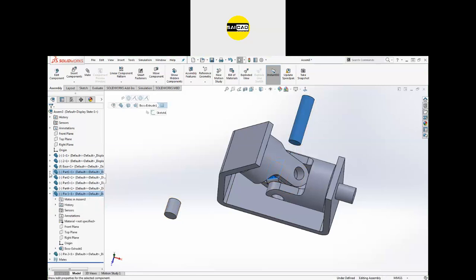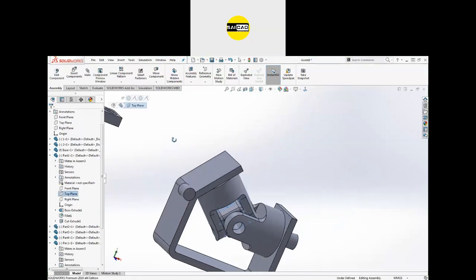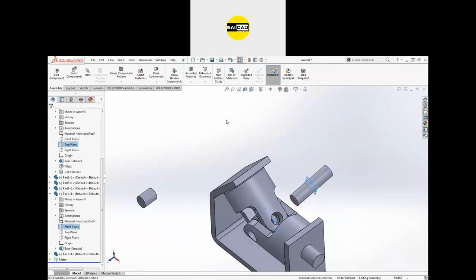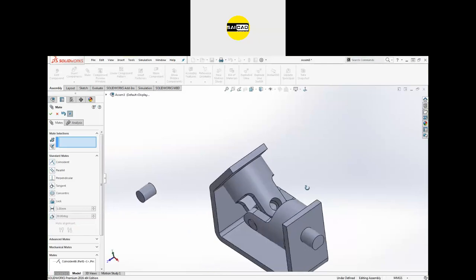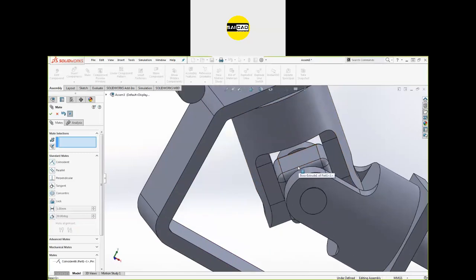So open the part like that. Now you can see we have some planes here. So I know in this part I have a plane in the middle, and again in this pin I have a plane in the middle. If I select both the planes like that, and if I click on the mate, a new relation will be defined. Both the planes will be defined with a new relation, coincident, and they will be joined together like that. You can see you can define some relation very easily. The coincident will join the two planes or the two faces.